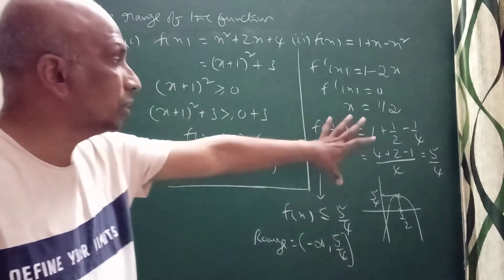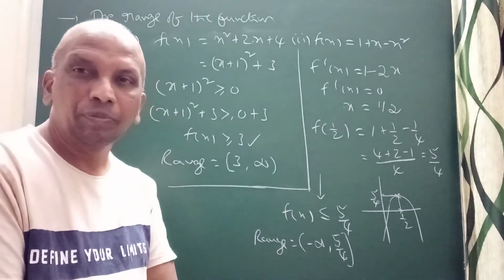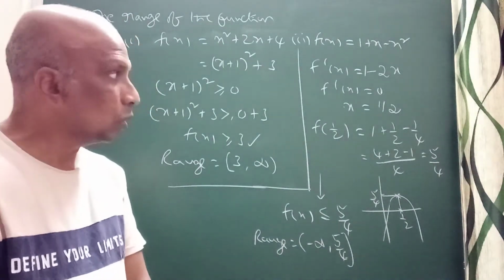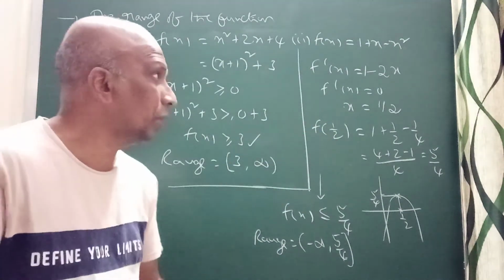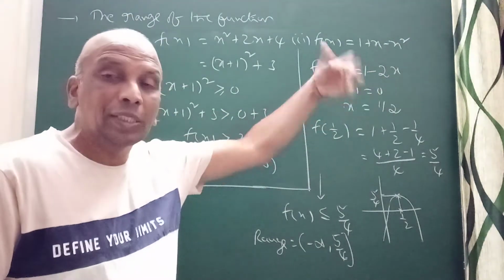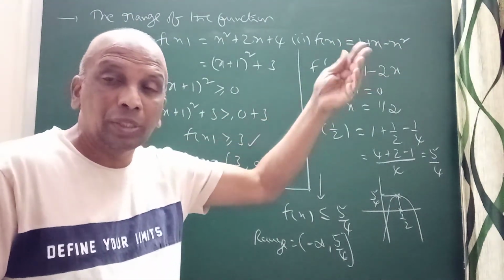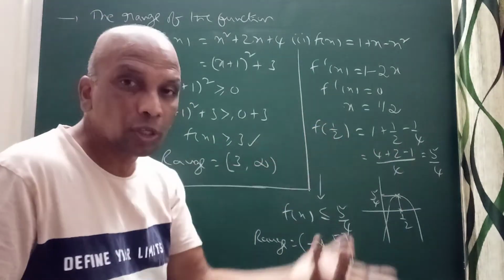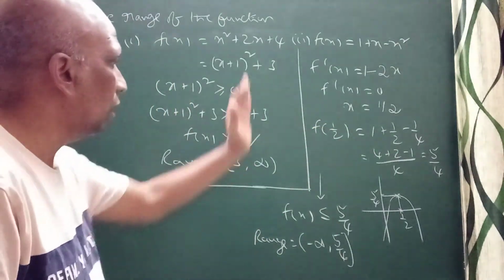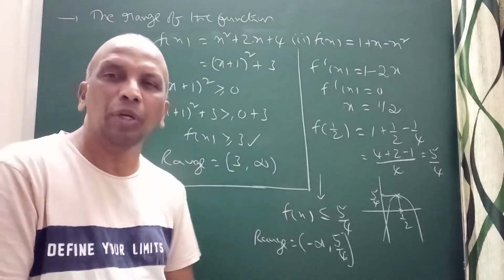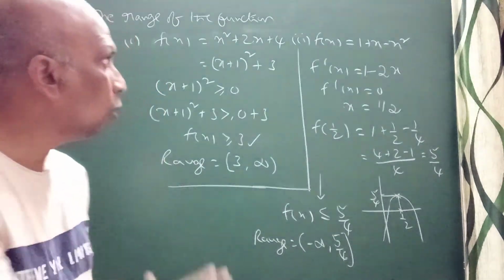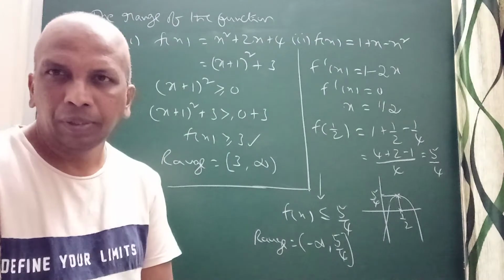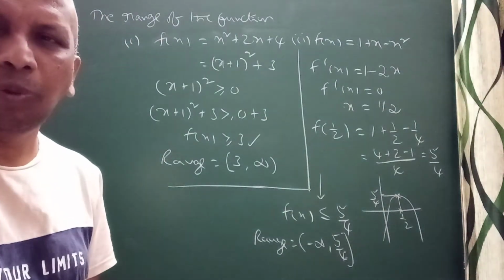So you can use the differentiation method, you can do it this way also. Suppose you use the second derivative test, the double derivative is minus 2. When the second derivative is negative, the function has a maximum at that point. That also you can check. Either this method or that method, any one of the methods you can use to find the range of quadratic expressions. Okay, fine. Now we will do the next problem.